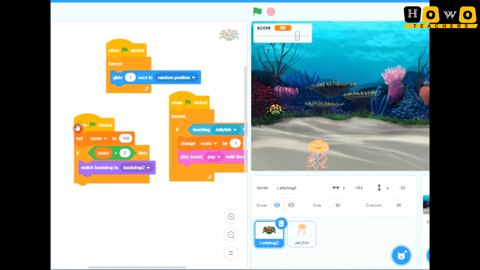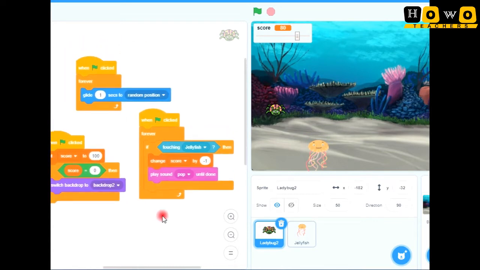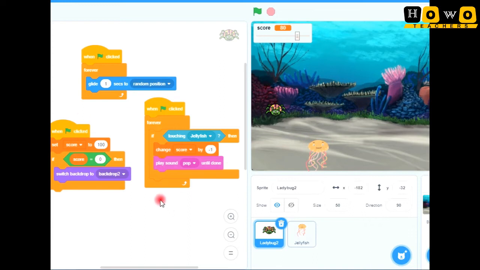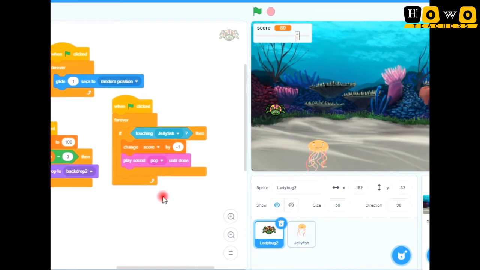And when the green flag is clicked again, at the beginning the score should be 100, and if the score is 0, then we will be switching the background, means the background should change whenever there is a change in the score. So we have made this much, and let us quickly start a new project and see how we will be preparing it. Okay, for the new project, let us take some other sprites so that you can have some other adventure for that. So let's go.